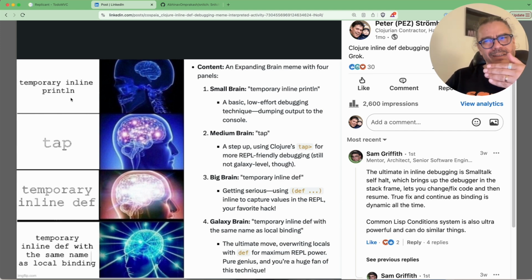You can have regular console log or print line in your code. I mean, we all use that. It's a very powerful debugging technique. I can also use tap from Clojure. And if you use that together with Portal and stuff like that, you also have a very, very nice debugging experience. And then you can